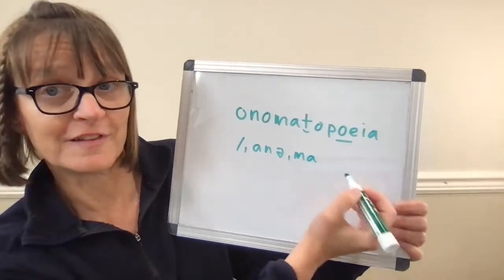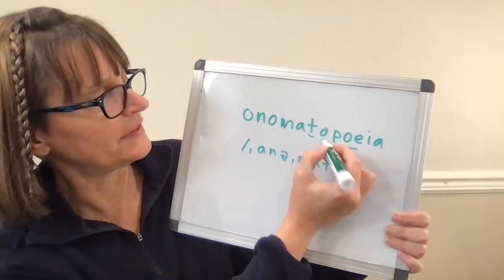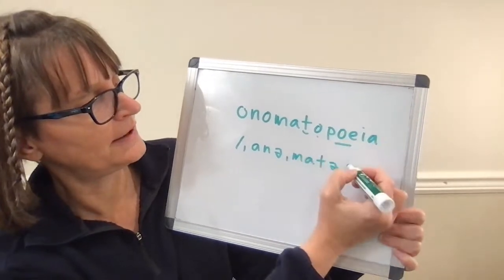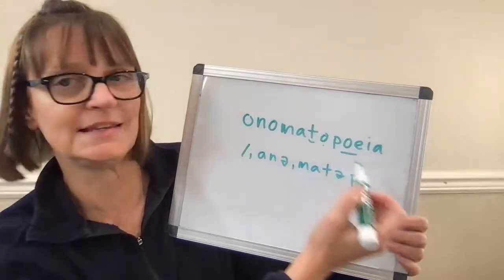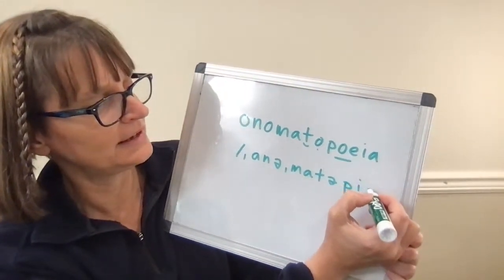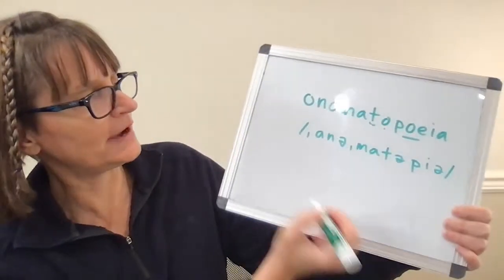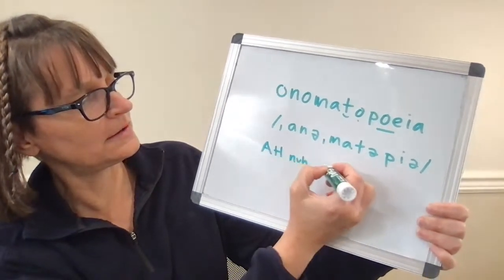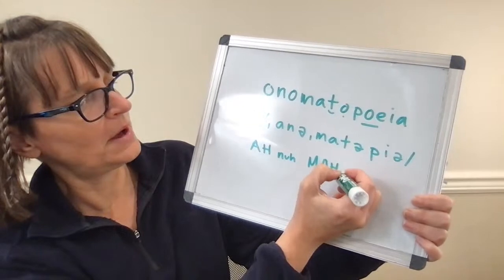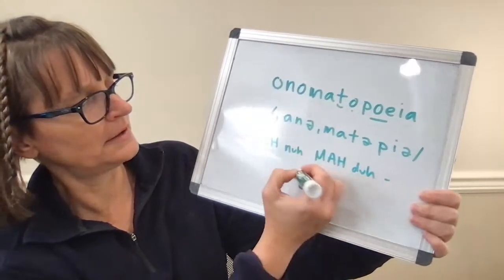The T is going to be flapped, sounds more like a D. Then this one's going to be a schwa. Then the last letters are the strangest. They just say ee-uh, so they have an E and a schwa. So rewriting that, you can think about it like ah, na, ma, ta,